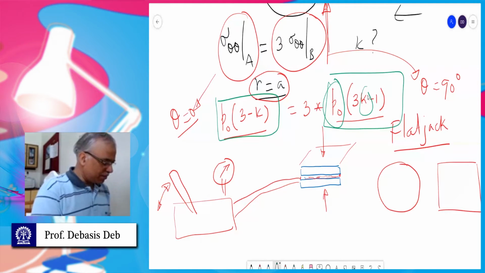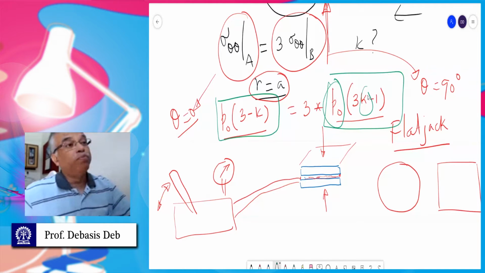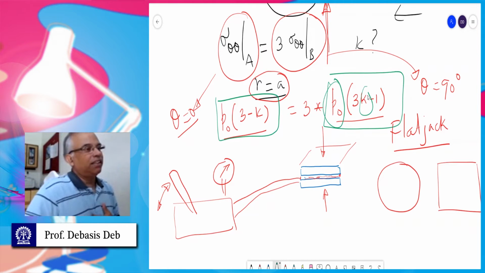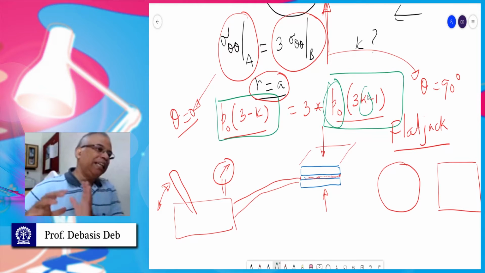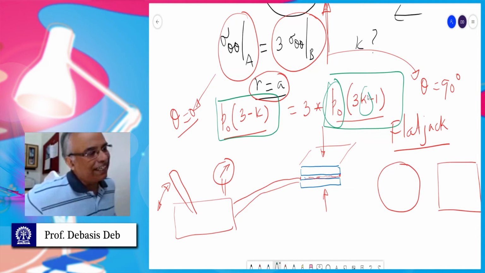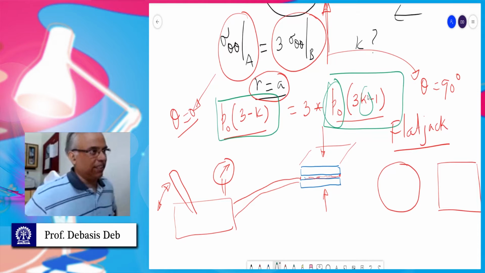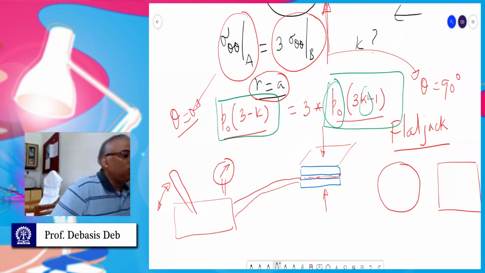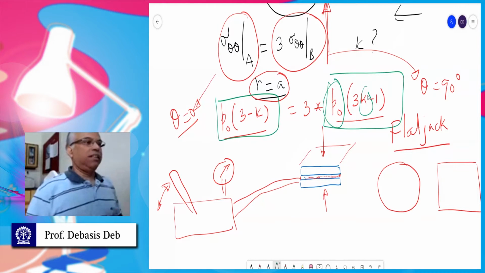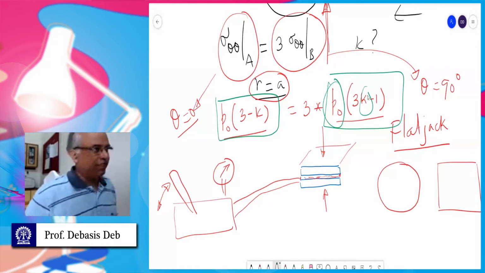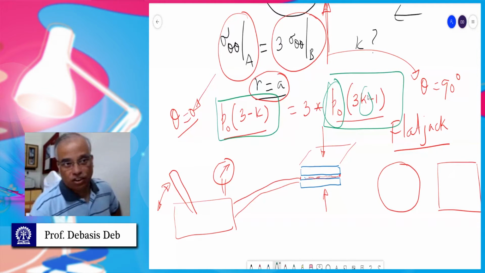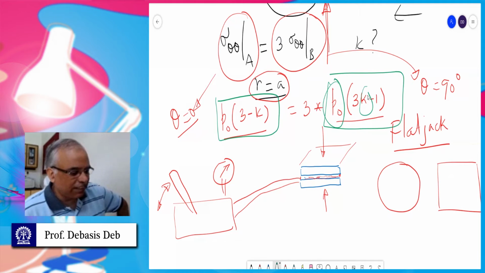But there are, I think Professor Barma Master told you, some other methods, hydrofracking or hydraulic fracking, where we measure in an undisturbed area and we directly measure the in situ stress there, not from the induced stress. We can directly measure also. Nonetheless, this is how this equation works. Kirsch's equation works, and we can calculate the in situ stress parameter using Kirsch's solution. So this is its application.